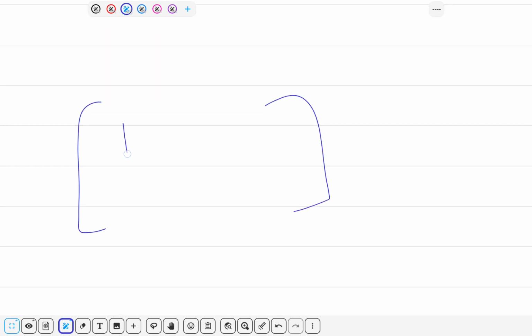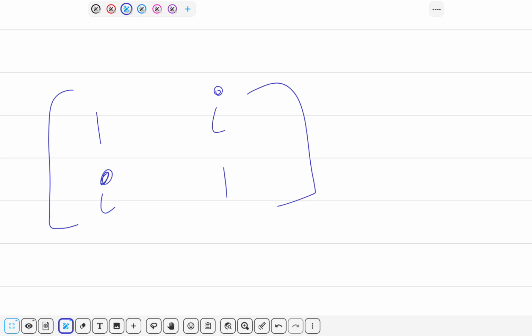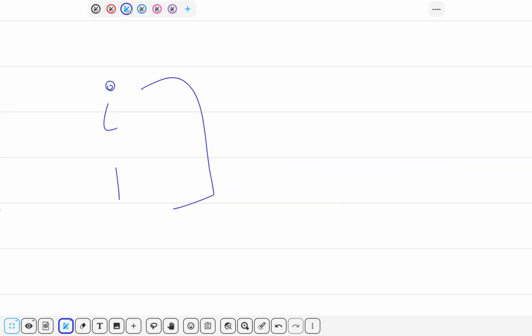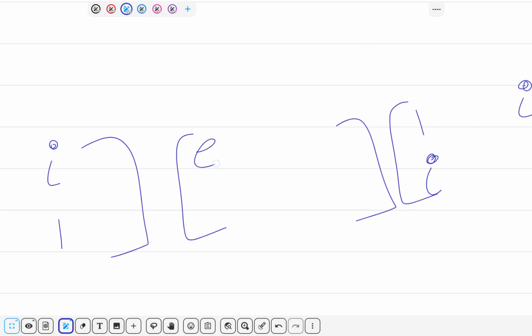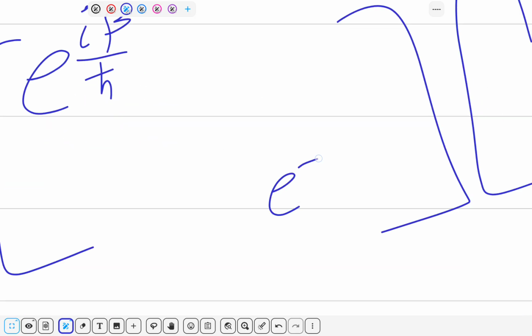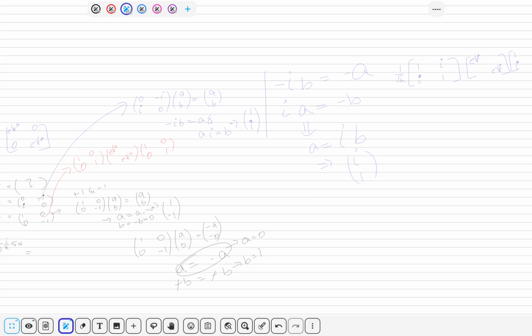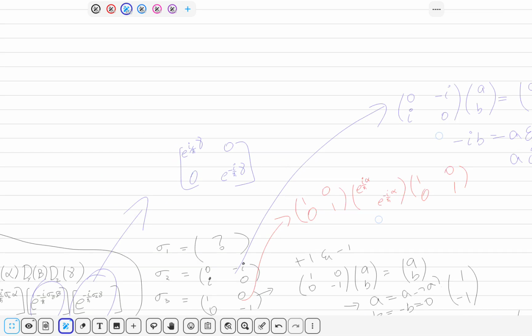Let's do it now. 1, i, 1, of course normalizing them. 1, i, 1, and you have this e power i beta by h cut, e power minus i beta by h cut, and then, also this is gamma for z, gamma, gamma, and so